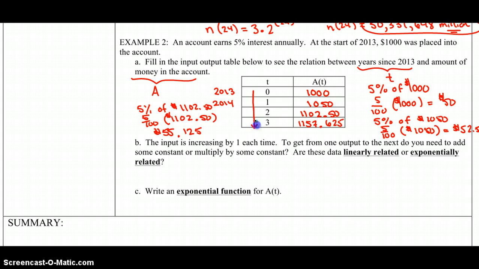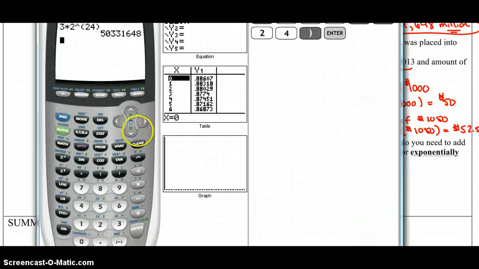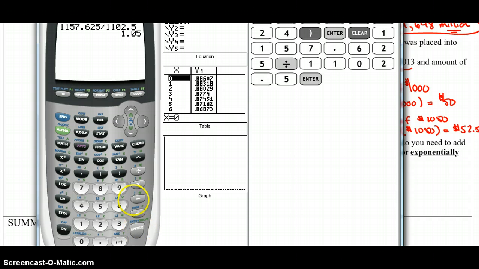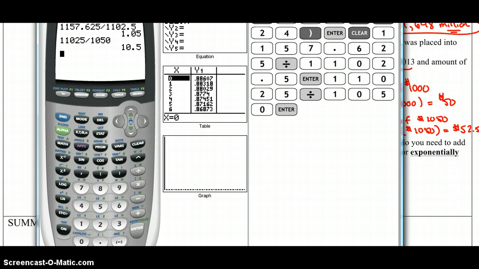Now, these numbers, it might not be obvious what the pattern is here. We can see that t keeps increasing by 1. But if on the calculator we were to take that number we got there, 1157.625, and divide by the previous number, which was 1102.5, we get 1.05. And if we take that 1102.5 and divide by the previous number, 1050, we get